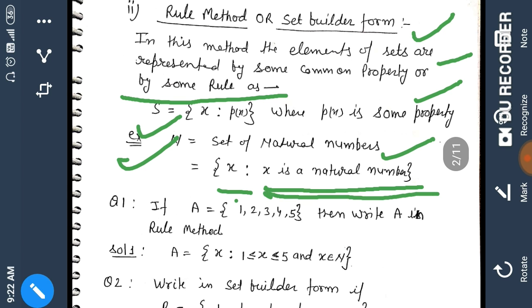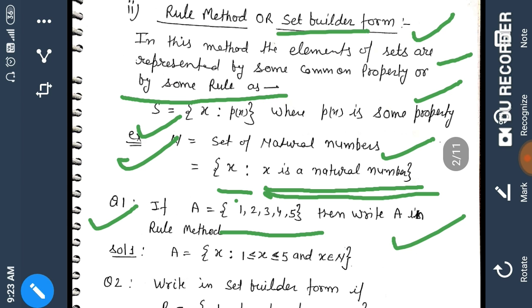Let's take an example. Question number 1. If A is equal to 1, 2, 3, 4, 5, this form is known as the roster form, then write A in rule method, which is also said to be set builder form. So represent this set in set builder form. Solution: simply, A is equal to curly bracket x, two dots read as such that. So x such that, what is the property of x? x is a natural number